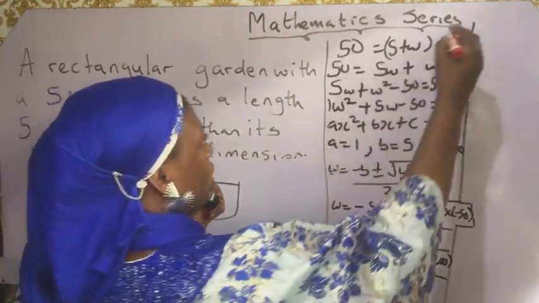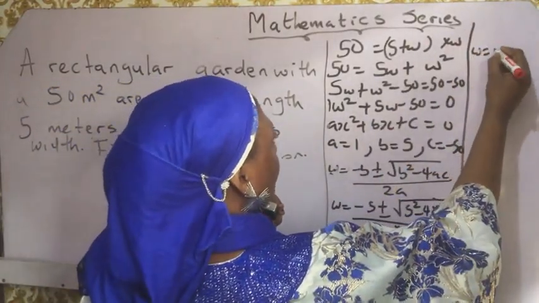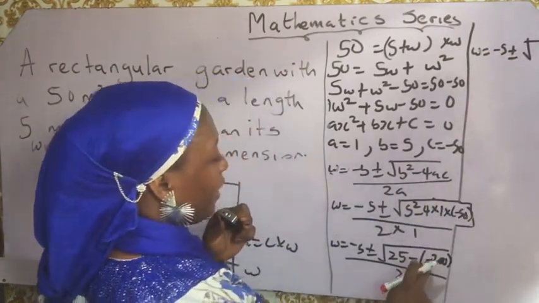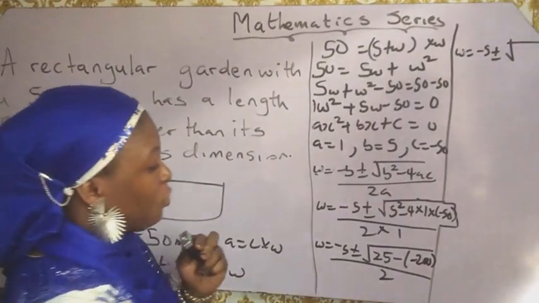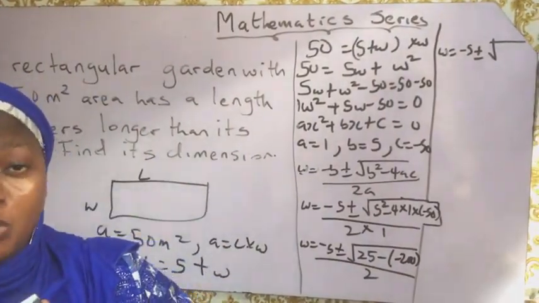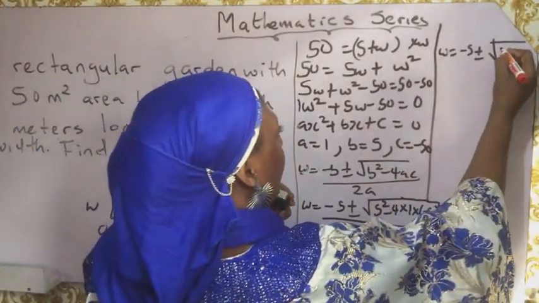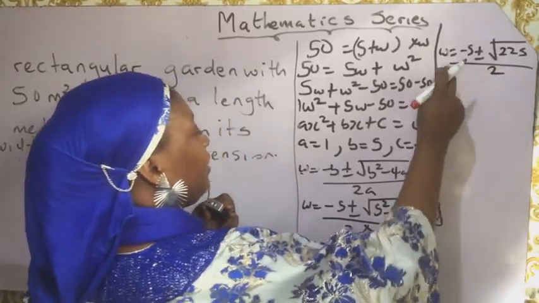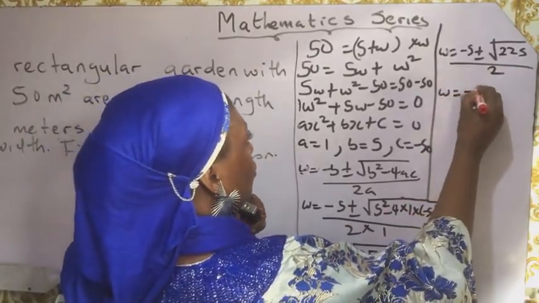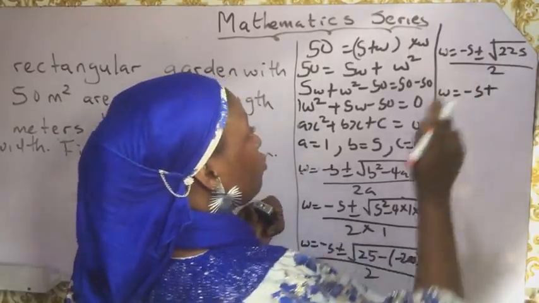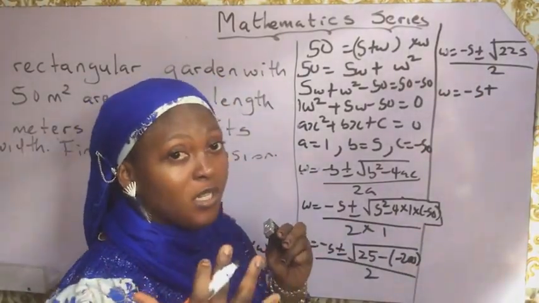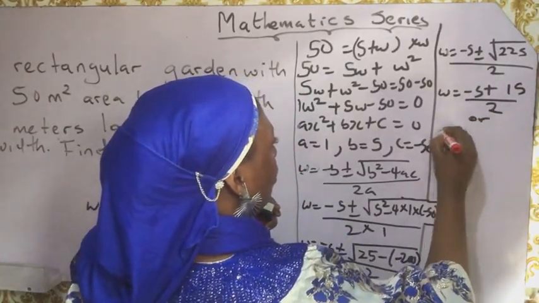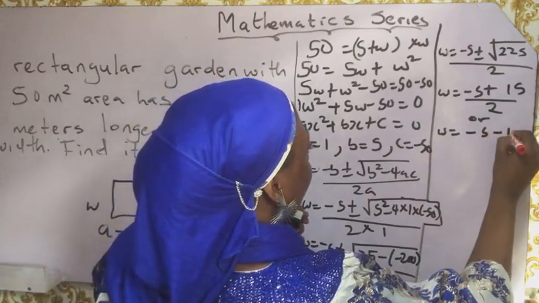So we have w will be equals to negative 5 plus or minus radical. Now 25 minus 200. Minus times minus will give plus. So it becomes 25 plus 200. That is 225. Radical 225 divided by 2. So we can split this into w is equals to negative 5 plus radical 225 is 15. The square root of 225 is 15 plus 15 over 2, or w is equals to negative 5 minus 15